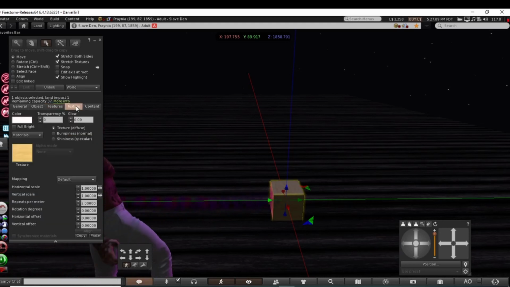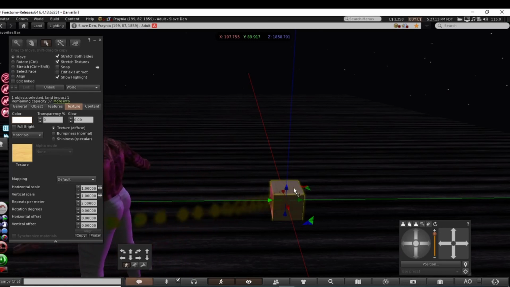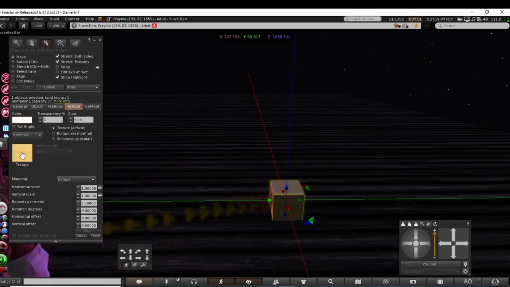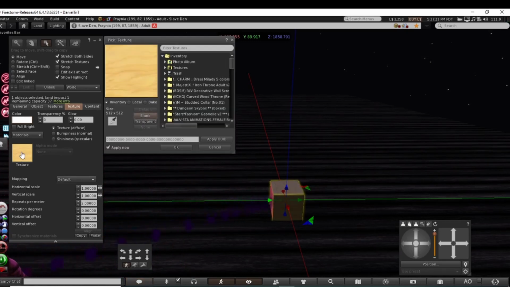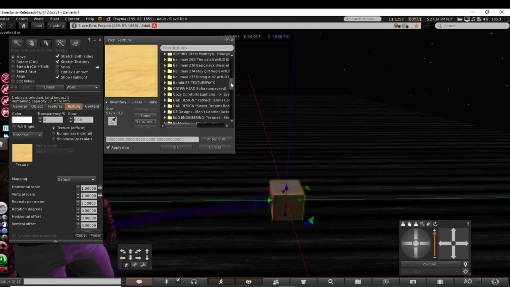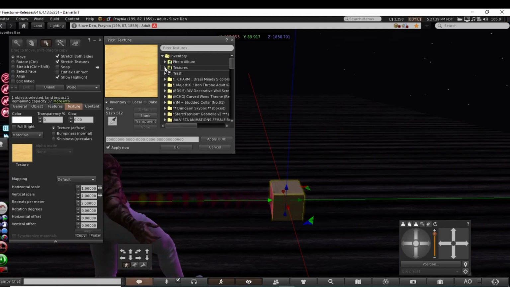You want to put a texture on this now. You want it to look a certain way, okay? Because right now, this is pretty bland. So what you have to do is click on the texture tab right here. Now, if you bought a texture, you should find that texture in your inventory right here. This directly links to your inventory, okay? It brings up all the different types of textures you have, or you can go into the textures tab, or even